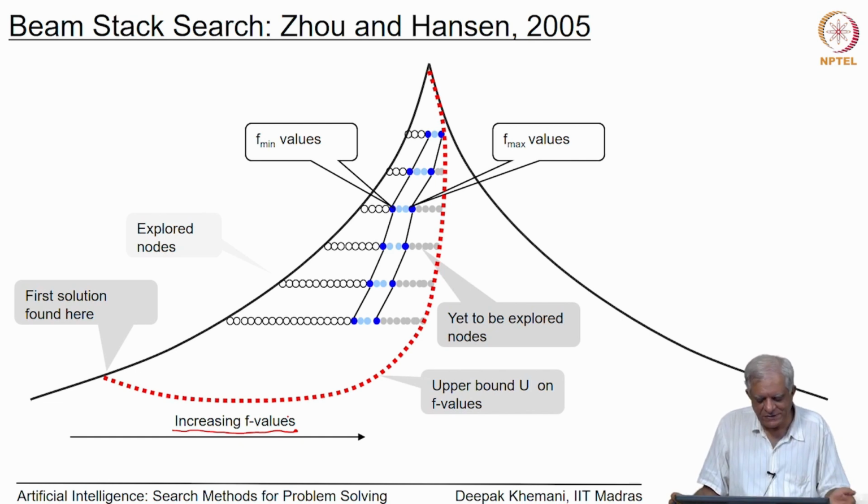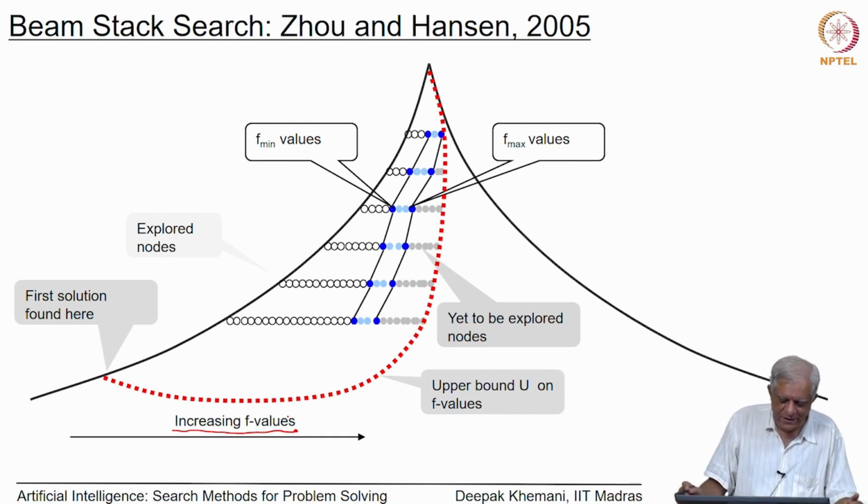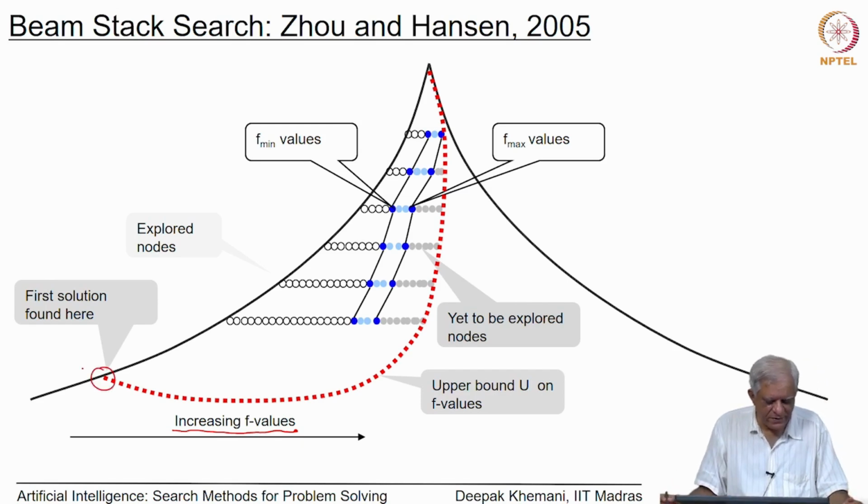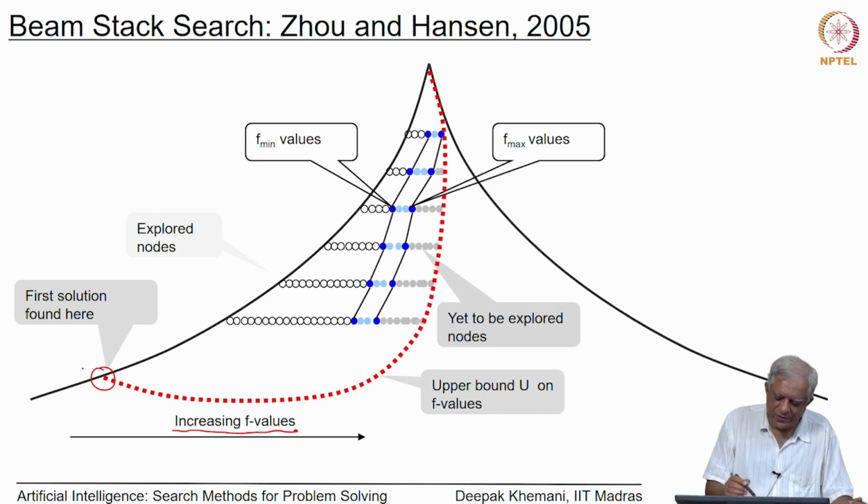Left is the cheapest nodes, right are the more expensive nodes. When the first node is found, it would be found at some point by the beam. You have an upper bound, and then you can draw this boundary which is shown here in red,